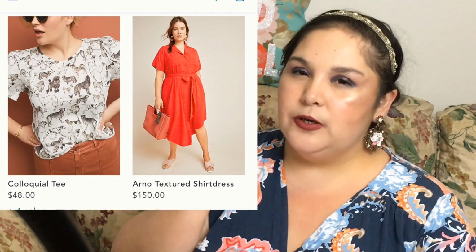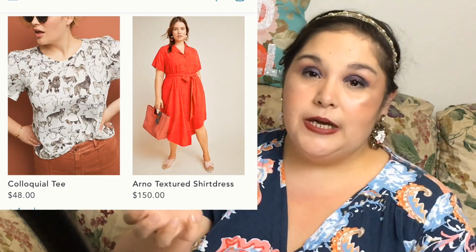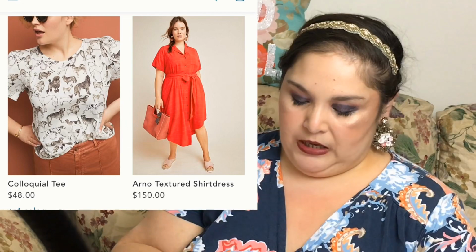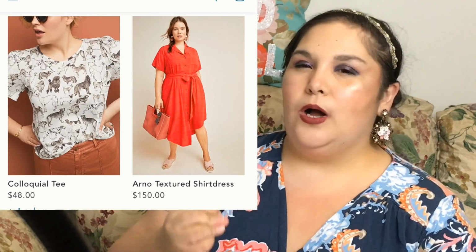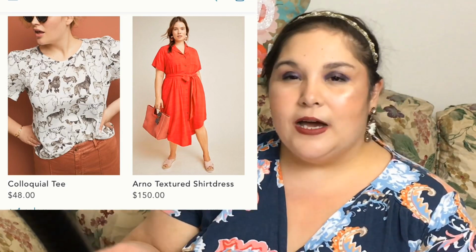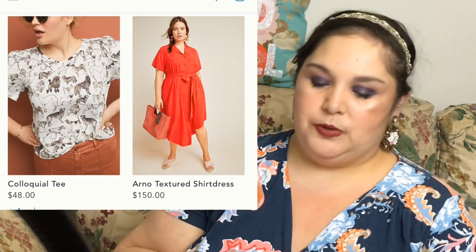I think that's a little bit overpriced for a puff sleeve t-shirt. If they brought it down to like $38, I could mess with that. Also, this Arno textured shirt dress. A textured shirt dress, I'm not sure why you would pay $150 for. I don't think the design is that interesting, so that's not something that I would think would be worth your